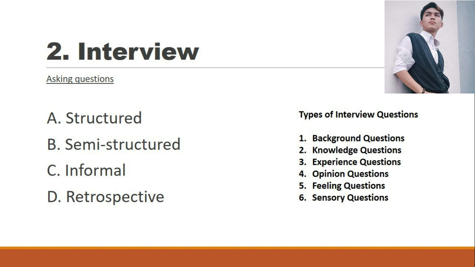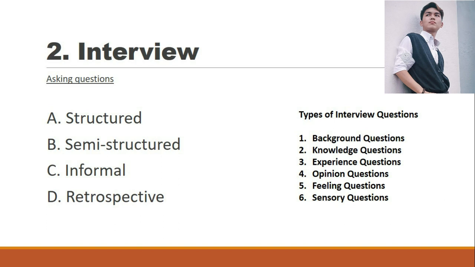Okay, how do you feel when you solve a mathematics problem? So you could have that kind of question, asking what your participants feel when doing this particular activity. So that is an example of a feeling question. Another one we have